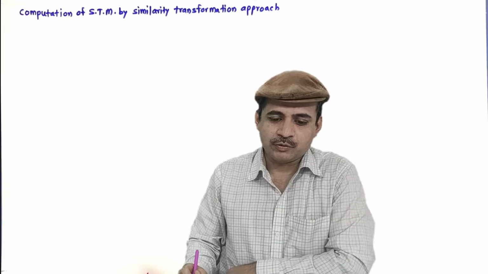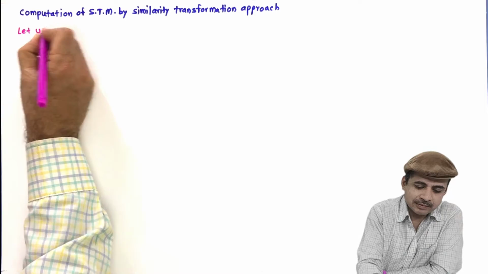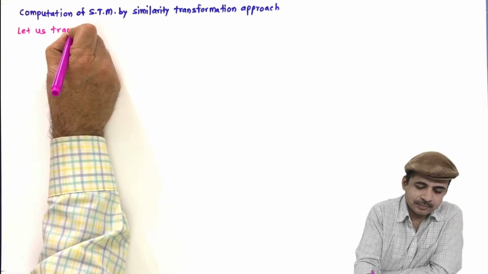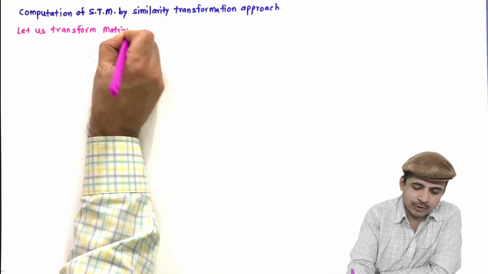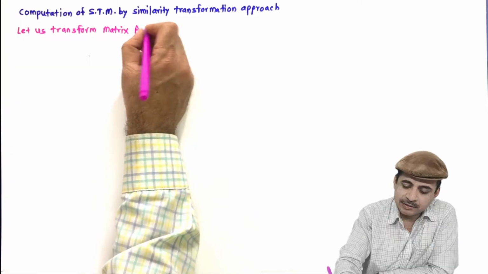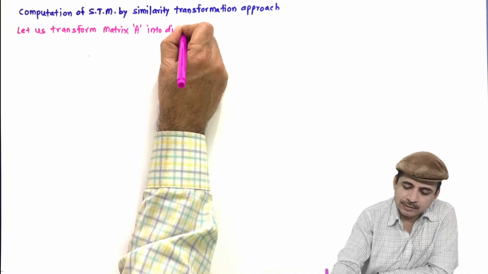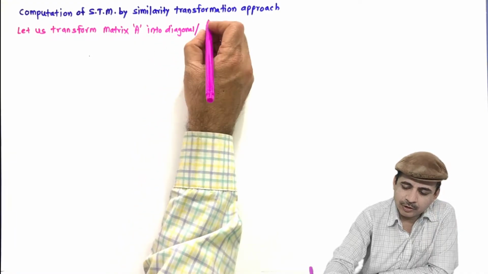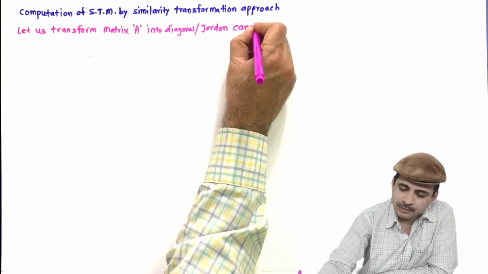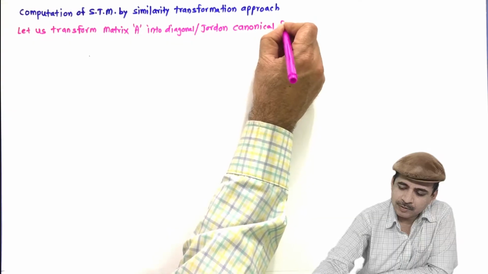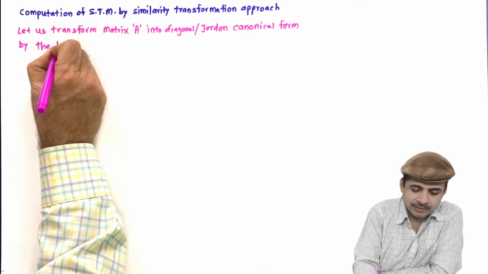In this approach, first let us transform matrix A, of which we want to determine the state transition matrix, into diagonal or Jordan canonical form by the transformation